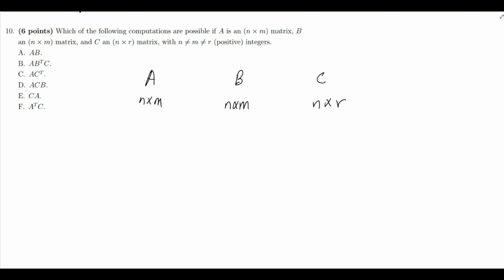Now, which of the following options are correct? So which of the following computations are possible if A is that? So what do we know? For two matrices to be compatible, for them to multiply each other, the number we have, let's take for instance